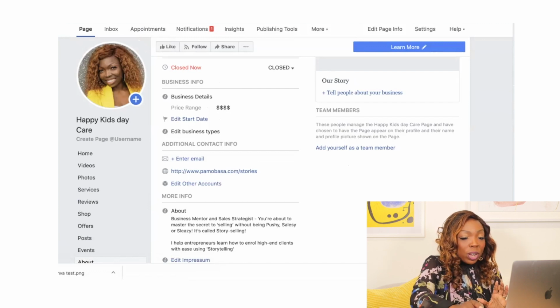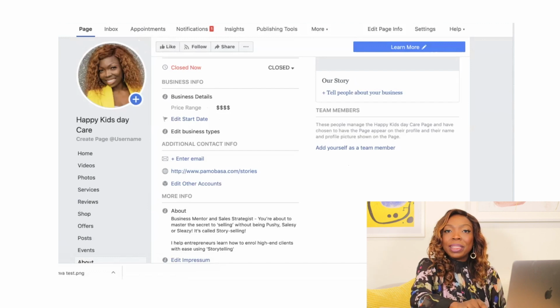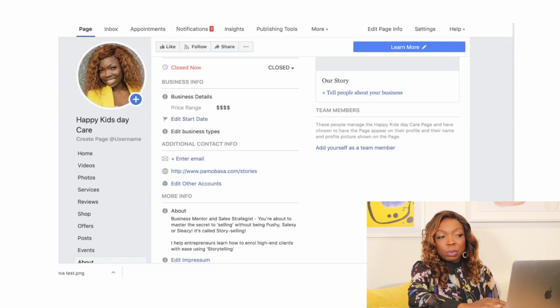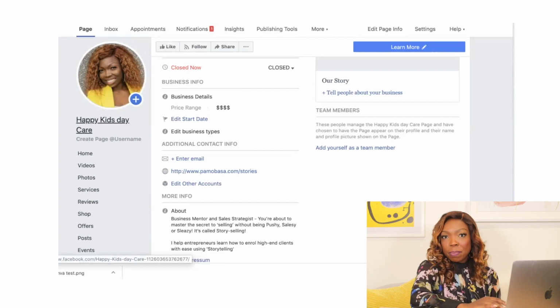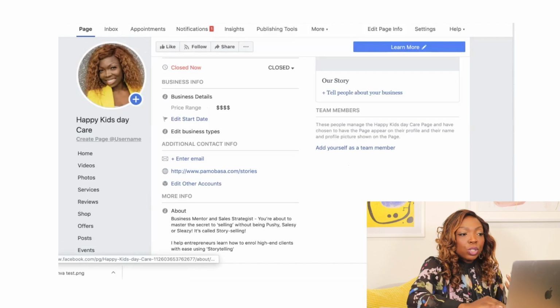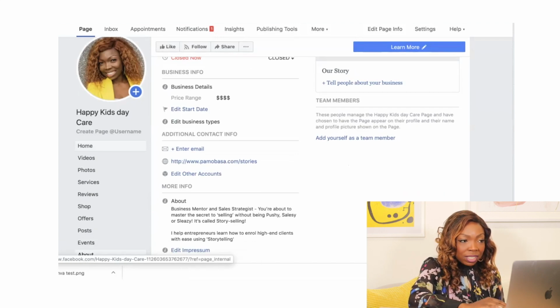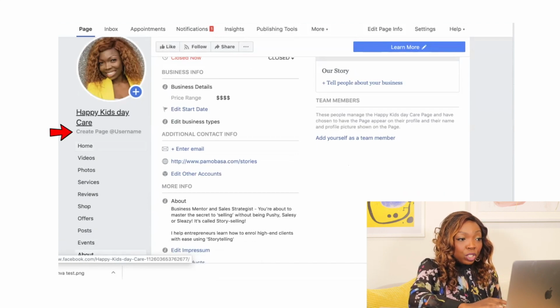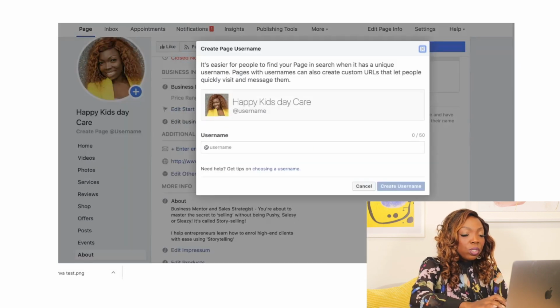This means that we don't have our own URL. So you can't just go to Facebook and type in Happy Kids Daycare and find our page, because we don't have a URL. So you have to create that. Right here underneath the name, it says create page username. This is very, very important. We've got to do that. So you want to do username is at